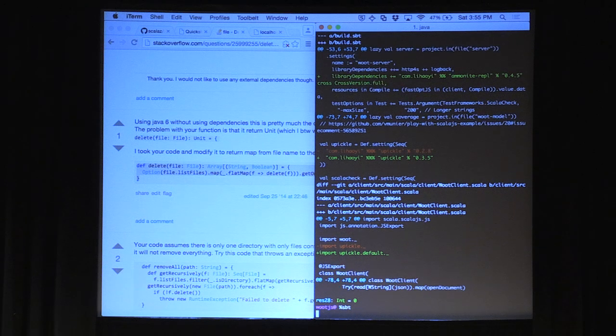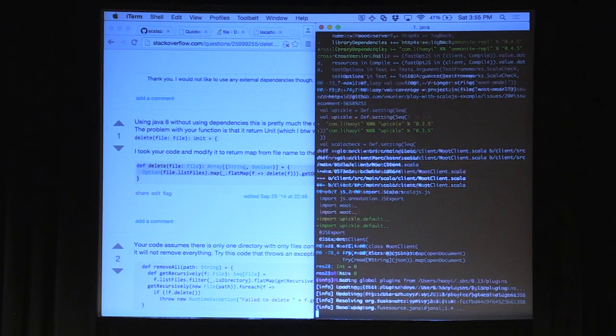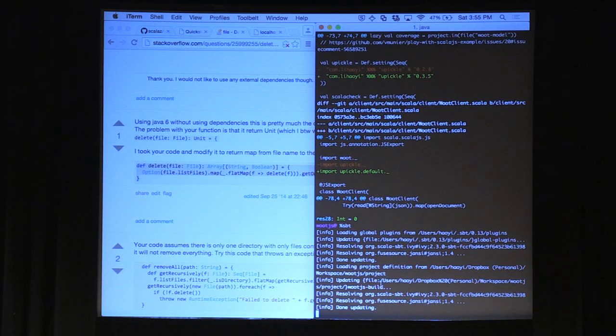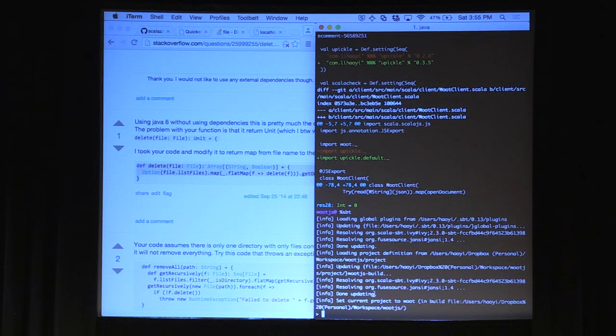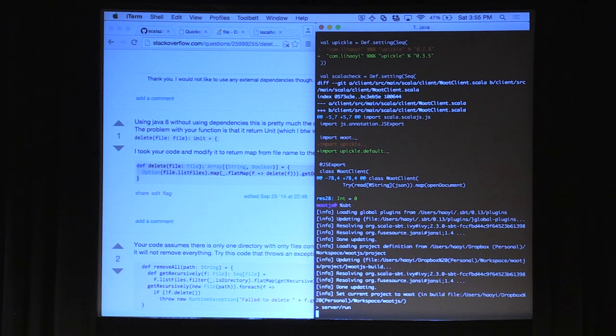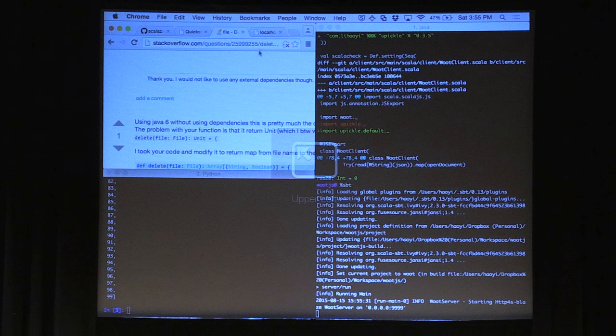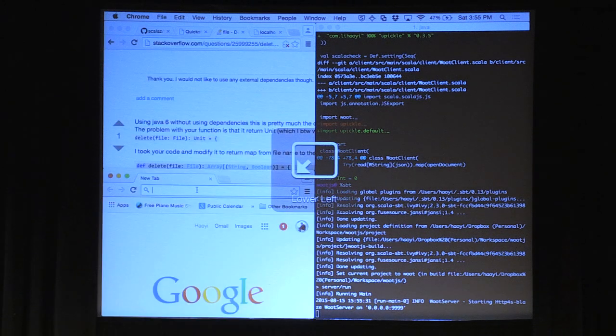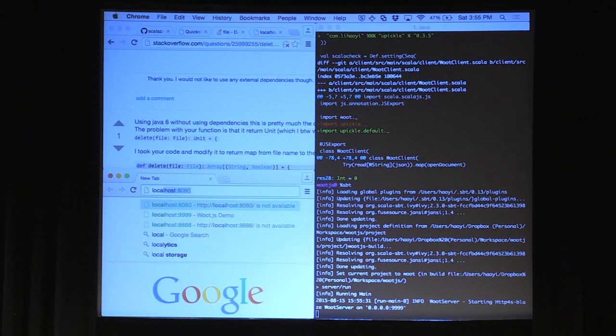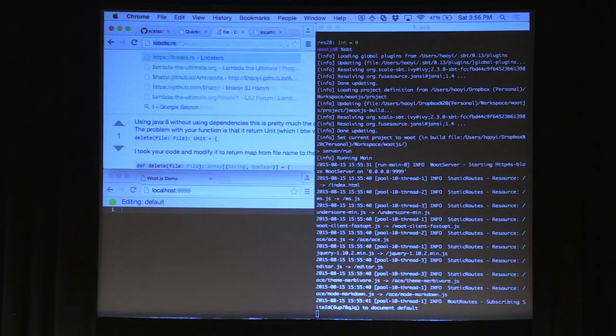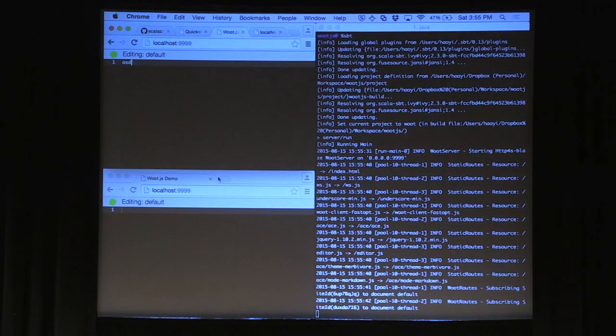So I'm going to open up SBT, because the first reasonable thing you do in a project that you're not familiar with is you see if it actually works at all without any of your changes. So I'm spinning up SBT console. SBT is being slow as always, but here it is. And I can say server/run. So wood.js is an implementation of the Wood collaborative text editing algorithm. So now if I go to localhost 9999, I can basically edit text here, and it should come up to the other side by default.